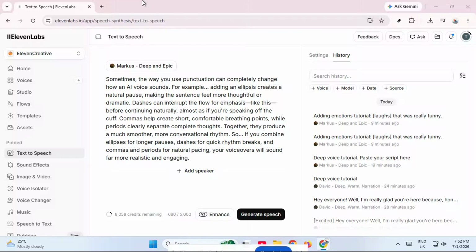If you want your ElevenLabs voice to sound more natural, more human, and less robotic, then learning how to add pauses is one of the easiest things you can do. In this video, I'll show you exactly how to add pauses in ElevenLabs using a few simple punctuation tricks that can completely change the rhythm of your AI narration. We're going to cover ellipses, dashes, commas, and periods so you can control pacing and make your voiceover sound much